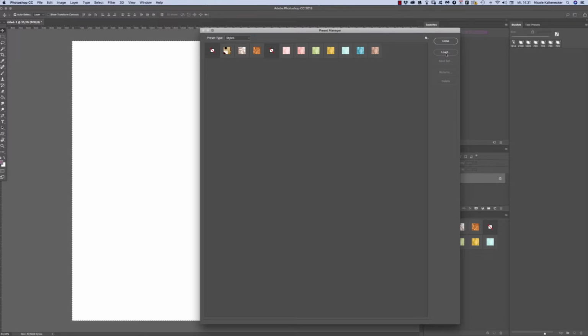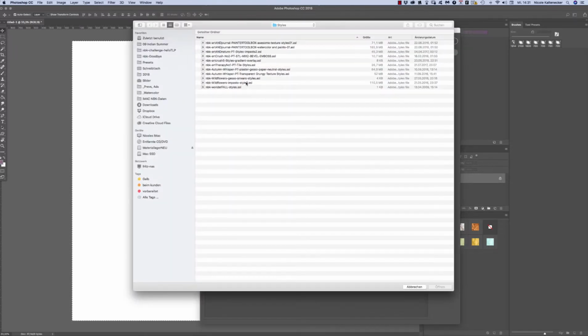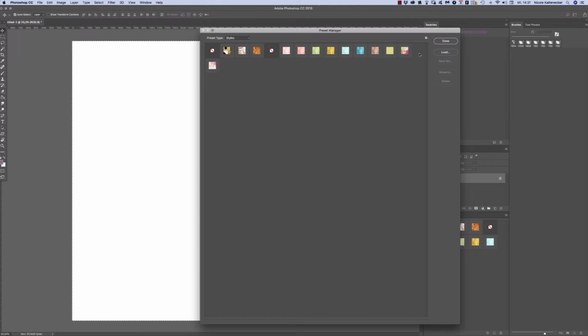So we can load another one. Let's go to the NBK Wildflower Impasto style number 3. Double click on it, and here we go. And you can see this is a very old one, and there is just not an empty style, and you see they start to mix, and